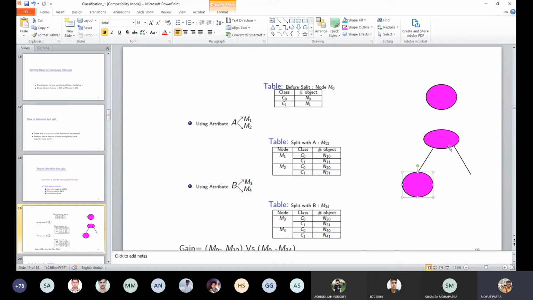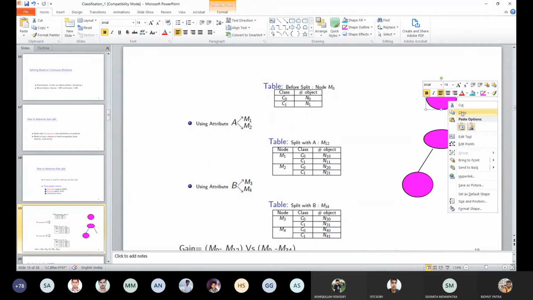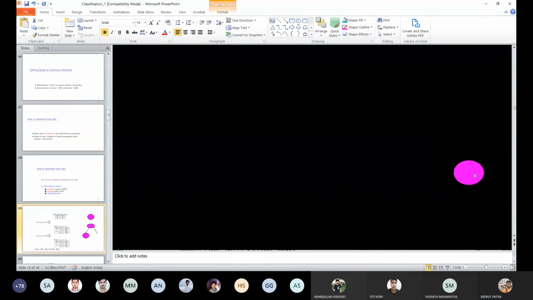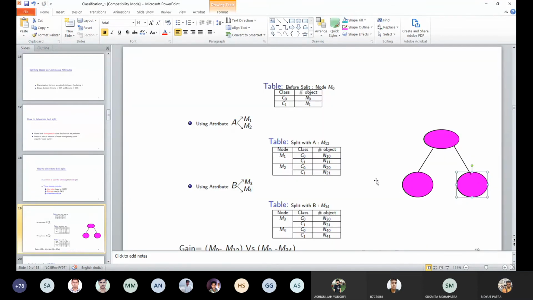This one we are saying M1 and this we are saying M2. Within M1 we also have the classes C0, C1, and N10 is the number of objects belonging to class C0 and N11 is the number belonging to class C1, and similarly for M2.